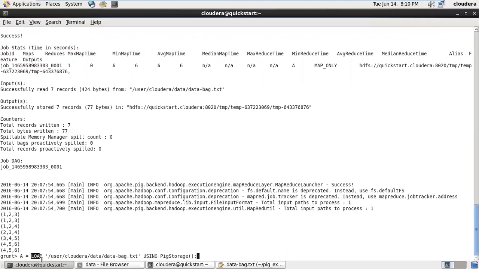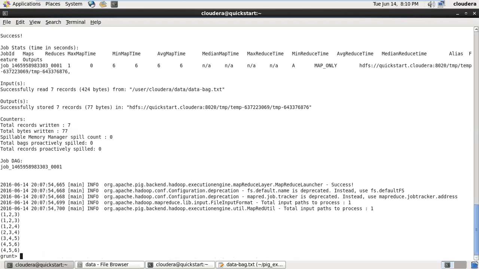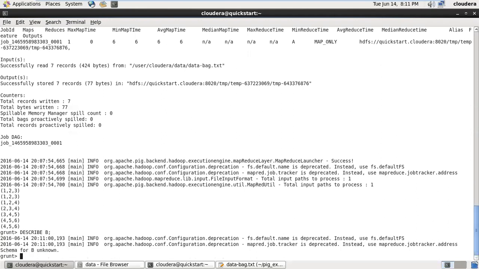Always, the result of your Pig functions or Pig commands will be a bag, a set of records. We also call this a relation. Okay. Now, if I want to extract, describe B, right? Describe B, I have schema unknown, but I specified the delimiters, right? And let's say I have a relation E, and for each A, generate